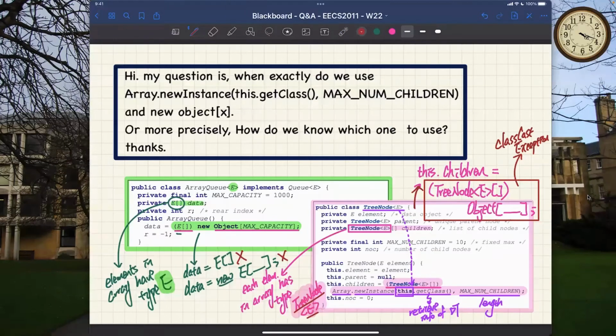How will it know how many bytes to reserve if you do that? Which one? Are you talking about this one over here or this one over here? In both cases, of course, it would know, because you're talking about this syntax over here, right? Yes, indeed. Maybe you really meant to put some numbers over here. Every time you want to initialize the array, you have to pass some size over here. So even if you pass the size, even if you use a new keyword, it's still not actually going to